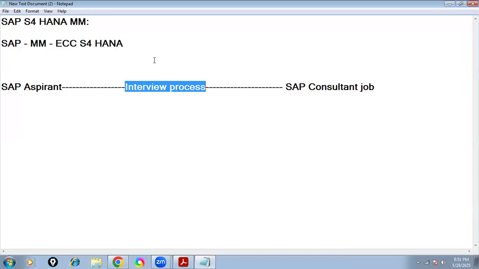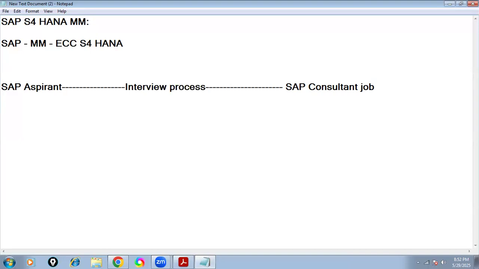If I directly opened the syllabus, I could close this demo within 10 or 15 minutes. But I am taking time to explain all this because on day one itself my students should have clarity about what efforts they have to put in to get an SAP job and what challenges they will face in upcoming days. So the interview process is very important for you.